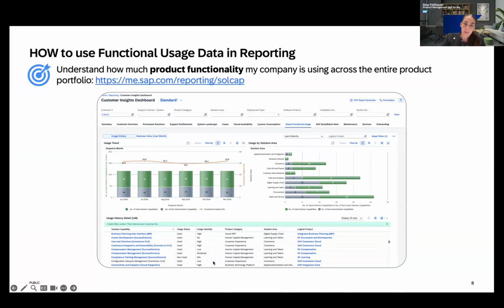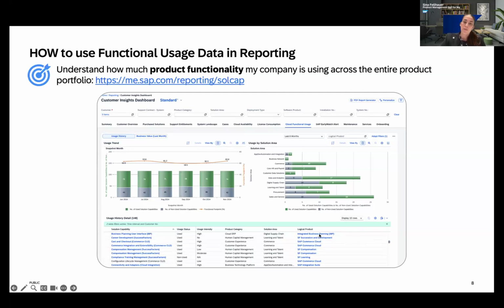And obviously, when you see here NA, that is when you're not using it, there's obviously no intensity assigned. And this usage intensity is in comparison to your industry peers. So for example, here for business planning, the first you see here, the example customer on the screenshot has a high usage intensity compared to other industry peers.